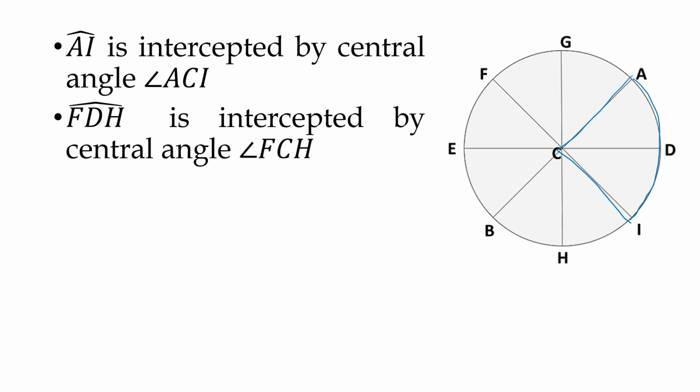And we have arc FDH. So arc FDH: F, then we have D and H. So therefore we will connect these points to form an arc in clockwise direction. So clockwise until we reach H. Right, so what kind of arc is that? So this is a major arc and it is intercepted by central angle